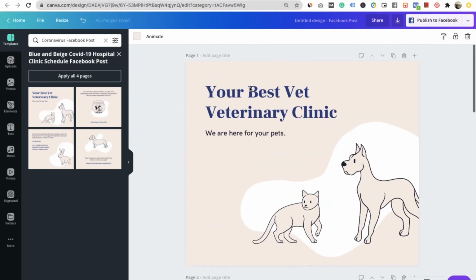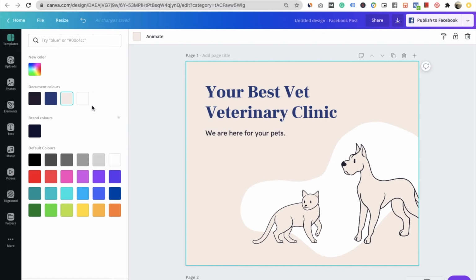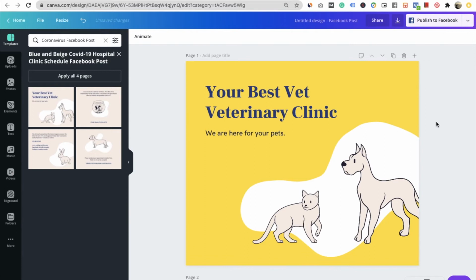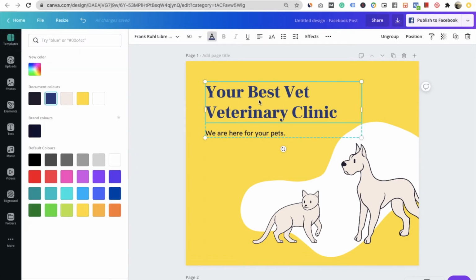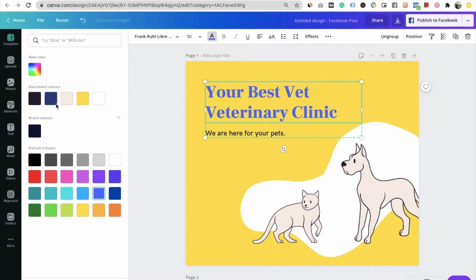Not just one. So let's get started with the basics of how you do this editing. Let's say this doesn't go fine with your brand's color. You can change the color and choose it from here. Whatever color you want to pick, you shall be able to do that. I want to choose this color as well. I'll just select the text and pick a color from here. Maybe this one, maybe this one I can choose.